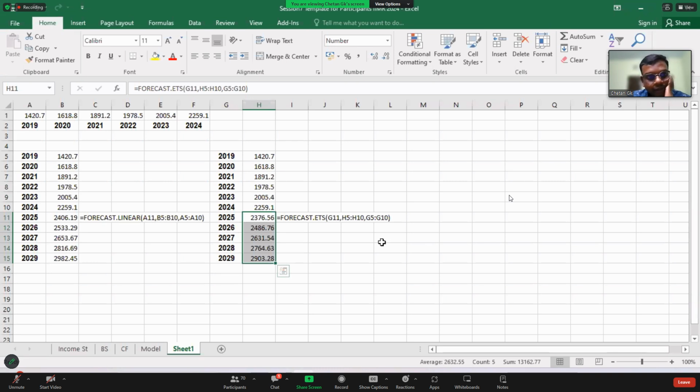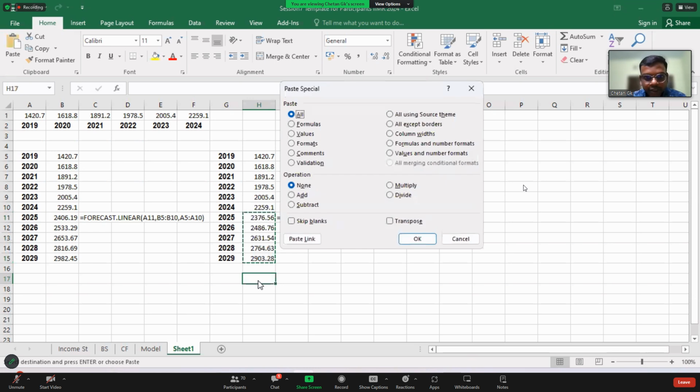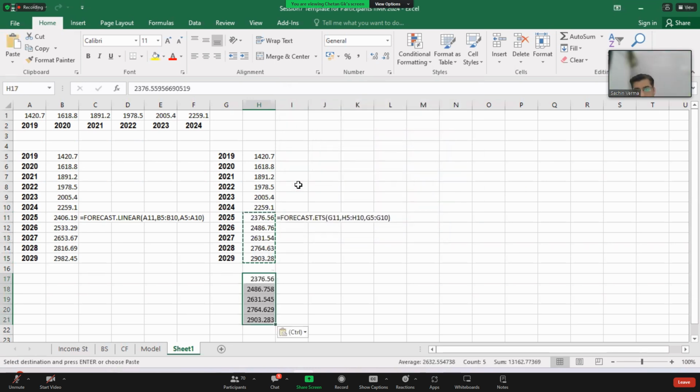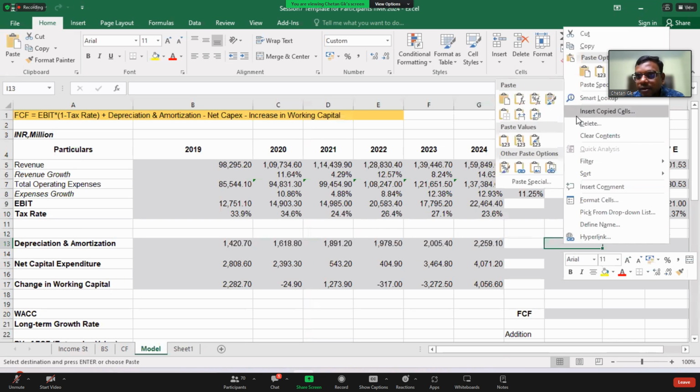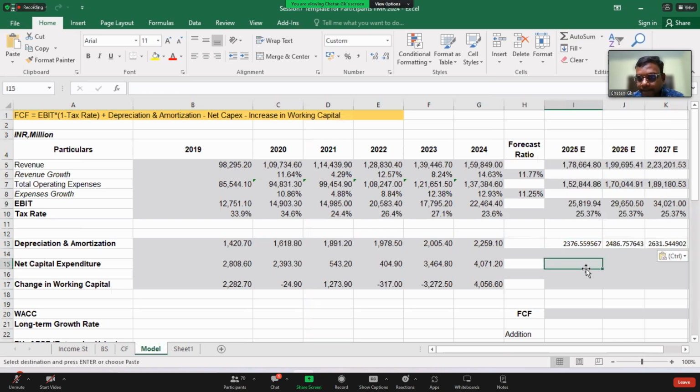1982 versus 1903. I feel this is more conservative. So that is the reason I'll copy this and paste it here with values. So I copy this again, go to the model, go here, and then I paste transpose.